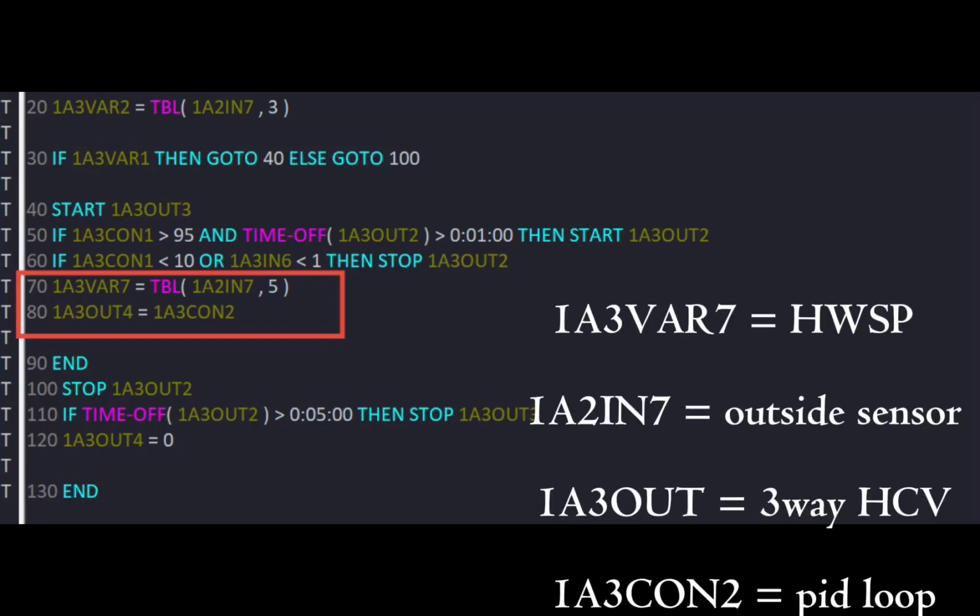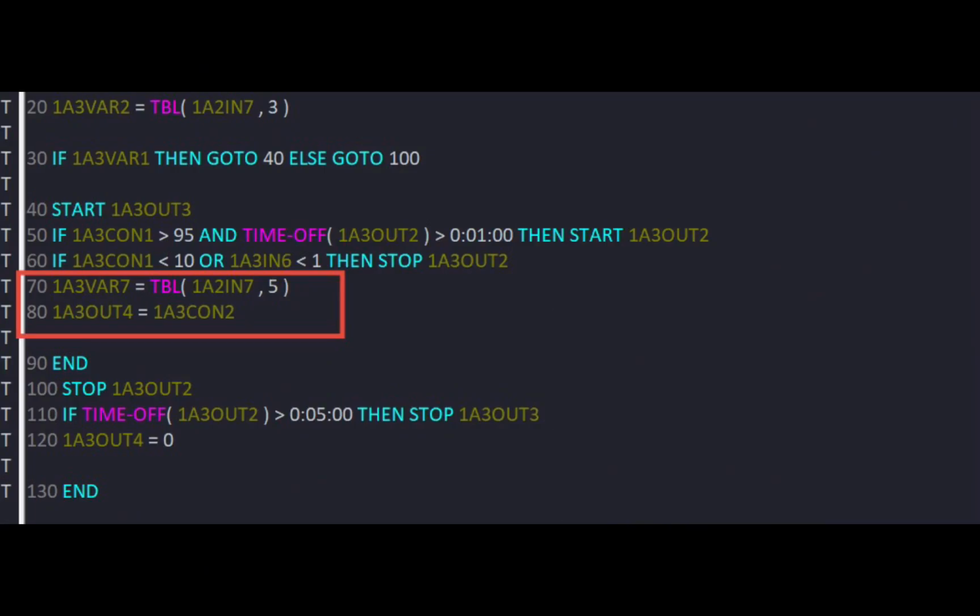that's your PID loop that takes your hot water set point and compares it to your hot water sensor. And if you see 1A3 output 4, that's your output under the DDC panel for your heating control valve, which was the orange Belimo in part 1 of the video. So if anybody was curious, this is the programming, how building automation and DDC all ties together to control physical actuators to valves and supplies heating to individual rooms, risers, and